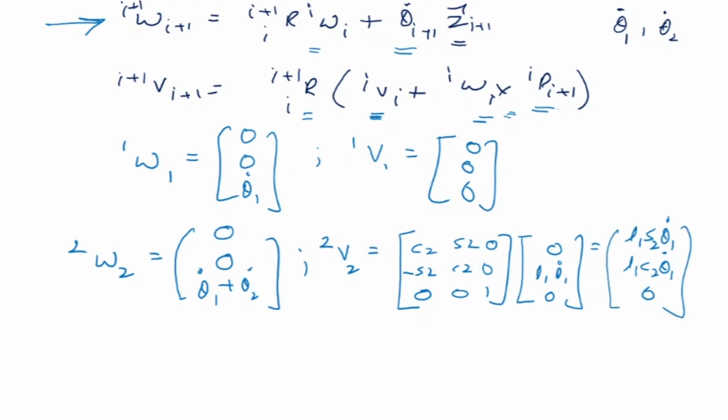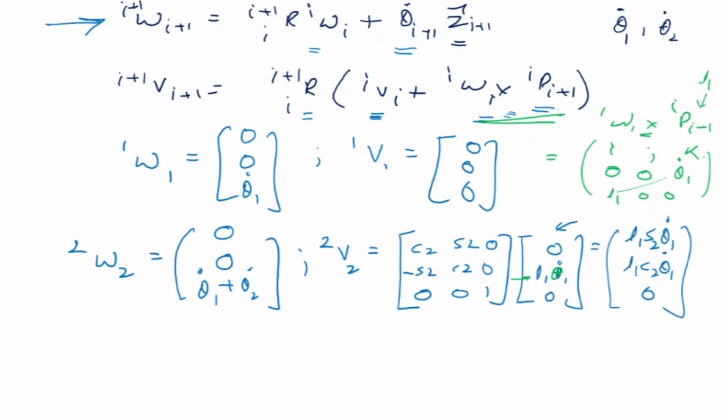Okay, so let me explain this part here. This part is omega i, which is omega 1, cross P i plus 1. This is a cross product, so it is i j k. What is omega 1? Omega 1 is 0 0 theta 1 dot, cross P i. Now it is in the x direction, right? P i is the distance L1 in the x direction, so it is L1 0 0. So this is equal to this minus that, and that is how we get this term, L1 theta 1 dot.